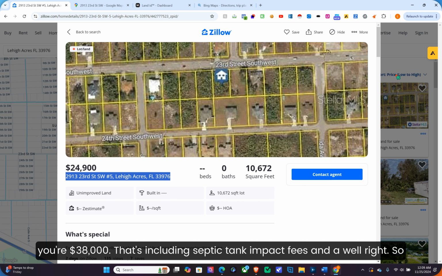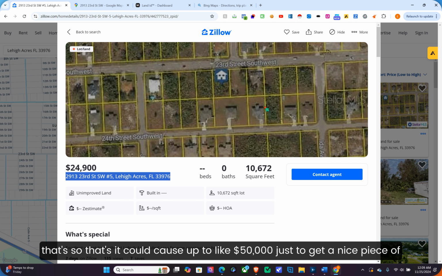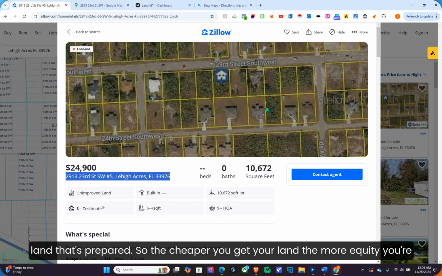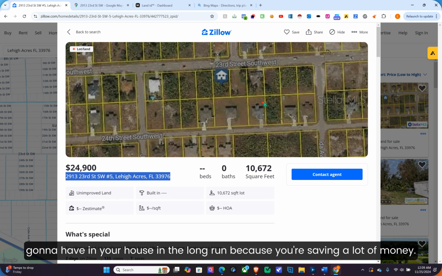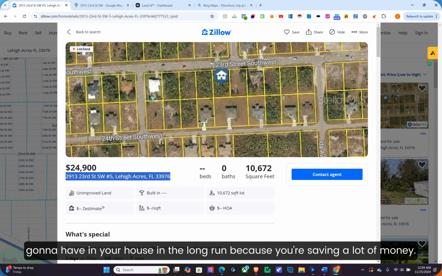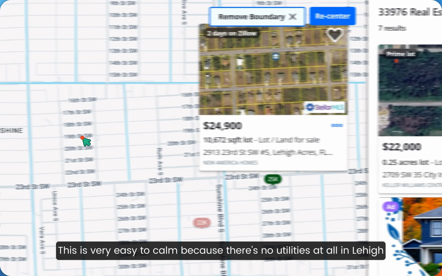That's not including septic tank impact fees and a well, right? So it could cost up to like $50,000 just to get a nice piece of land that's prepared. So the cheaper you get your land, the more equity you're gonna have in your house in the long run because you're saving a lot of money. This is very easy to comp